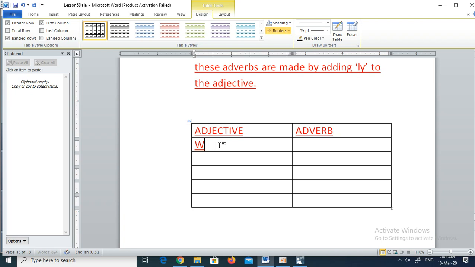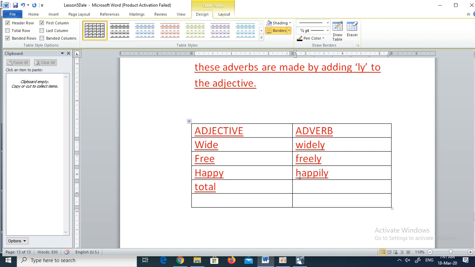So if our adjective is glad or free or happy, trying to think of another one, total, all you do is add ly. So wide goes to widely, free goes to freely, happy goes to